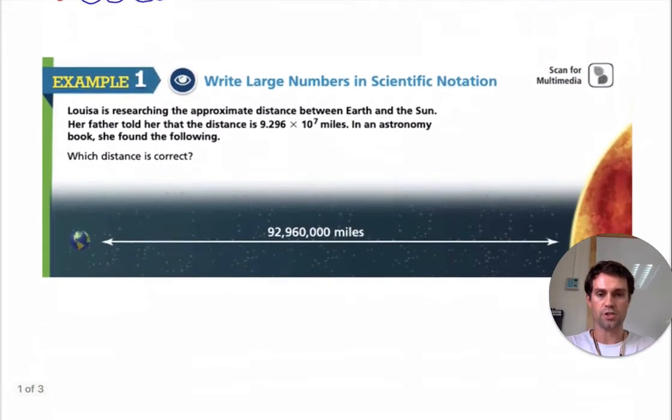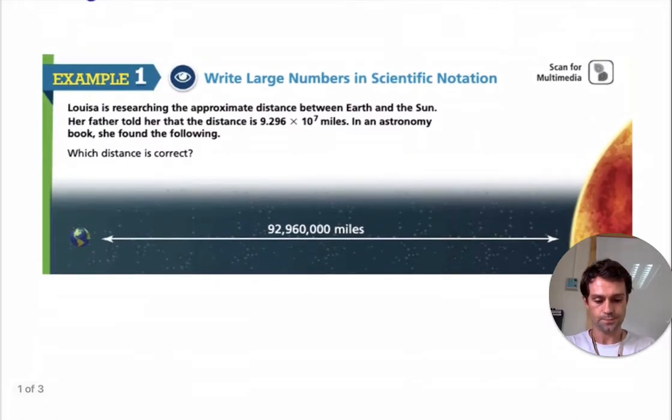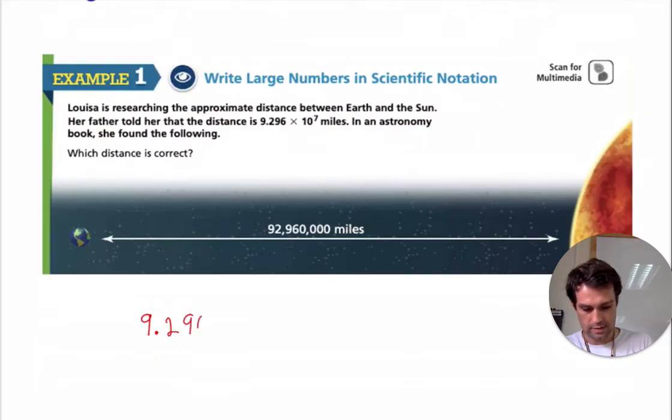So write large numbers in scientific notation. Louisa is researching the approximate distance between Earth and the Sun. Her father told her that the distance is 9.26296 times 10 to the power of 7 miles. In an astronomy book, she found the following distance. Which distance is correct? So her father said that it is 9.296 times 10 to the power of 7, and in the astronomy book, it said